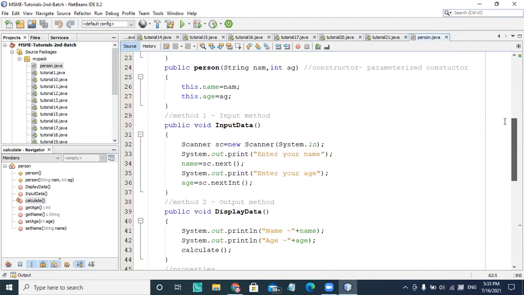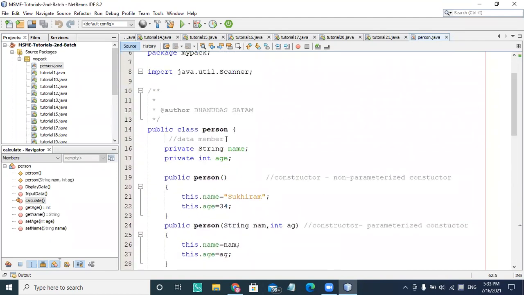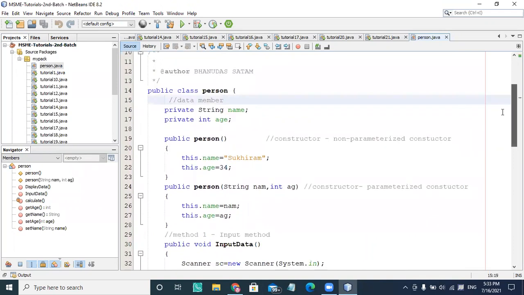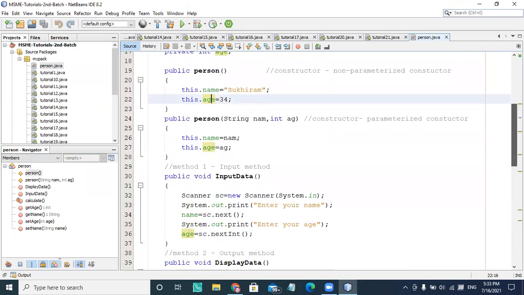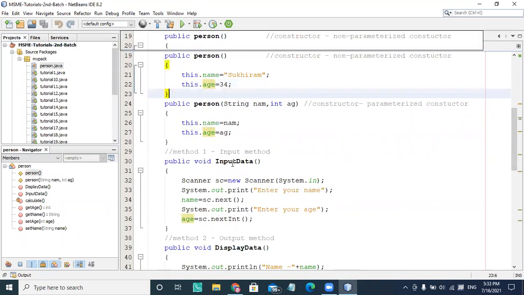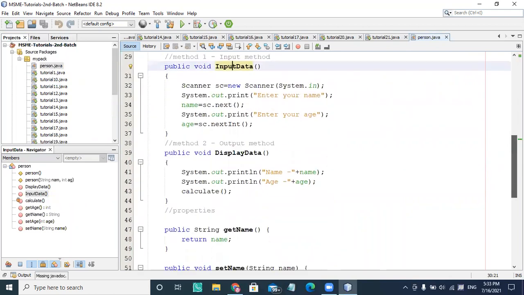If you see, the data members are name and age, and these are the constructors, the parameterized constructor, input data, and display data.